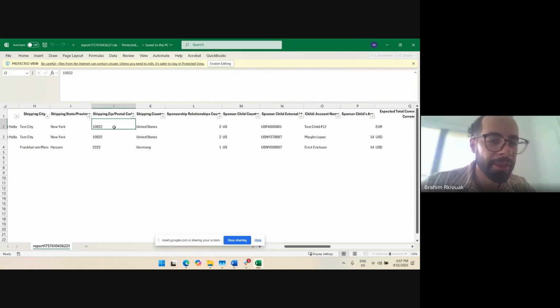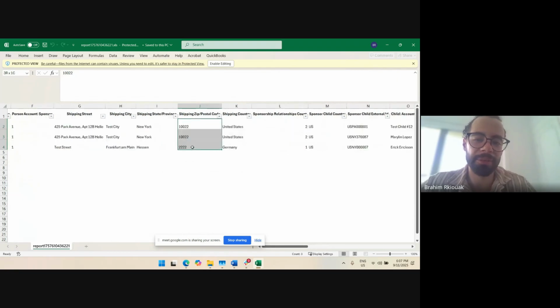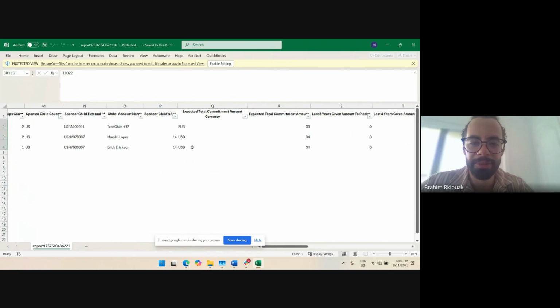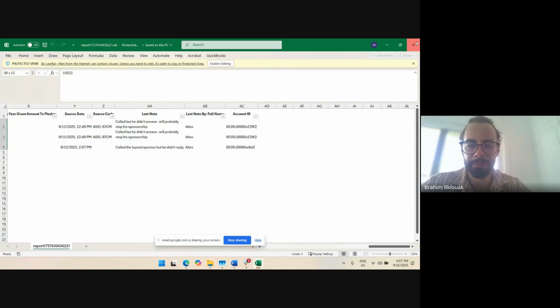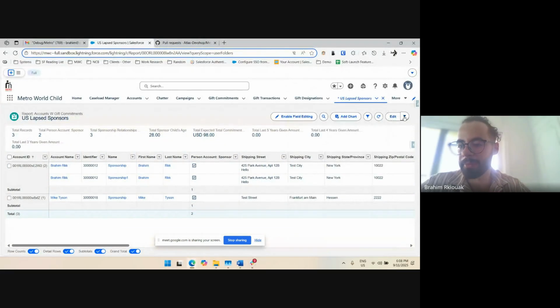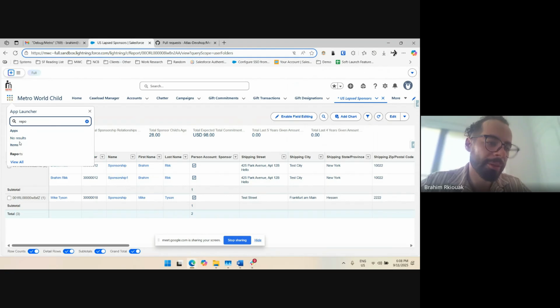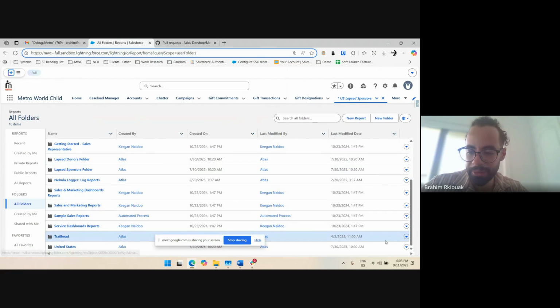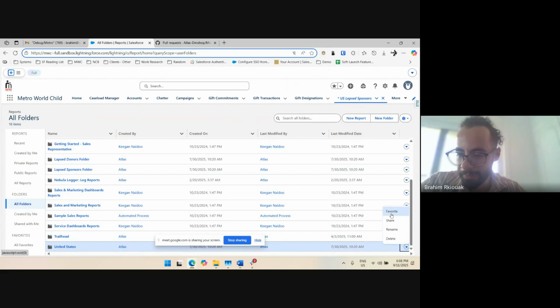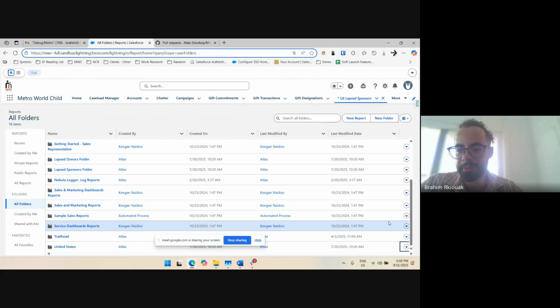It's useful if you just want to get the summary of something, or you want to work on it as a table or export it to load it into a different system. So yeah, you can export from there. You can delete the report, and the reports have a folder structure, and that actually allows us to share folders with different people. So we can go here to the United States folder, and we click on share,